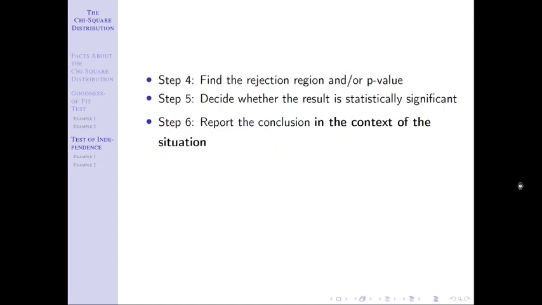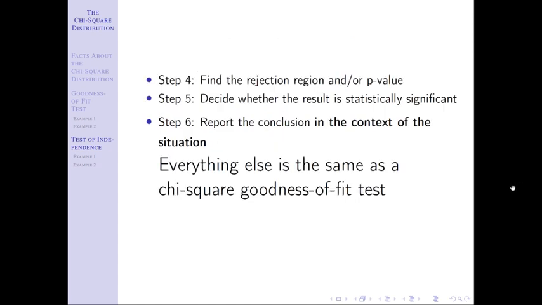Other than that, everything else is the same as the previous test, so I don't have you write it down a second time. You've already written down the step 5 and step 6 stuff probably a dozen times by now. It's always the same. In this case, your rejection region is always going to be to the right. Our p-value is always going to be greater than or equal to, because we only deal with right-tailed tests working with the chi-squared distribution, so everything should line up pretty similar.